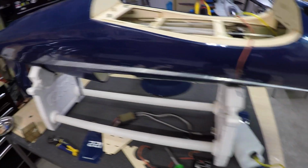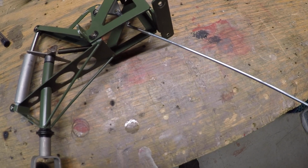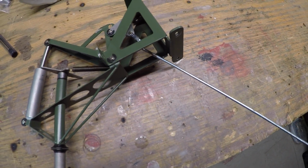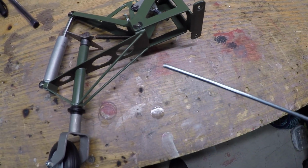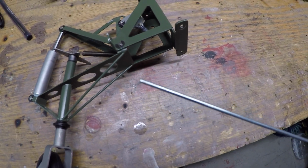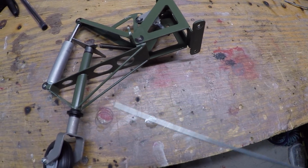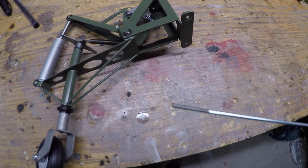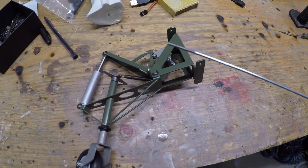rear strut actuator. So one side is threaded, which is fine. That threads into the little coupler thing right there, on the rear gear. This side has no threads, so we need to get one more of those threaded pieces tomorrow from the hobby store. I don't have any, and that puts us in a bit of a conundrum. Not a huge conundrum, but just a little one. So anyways,